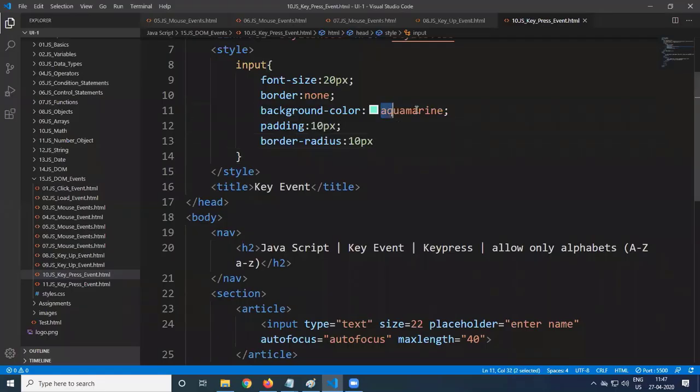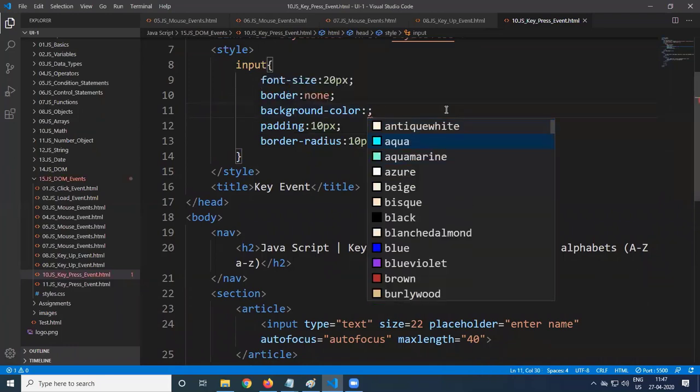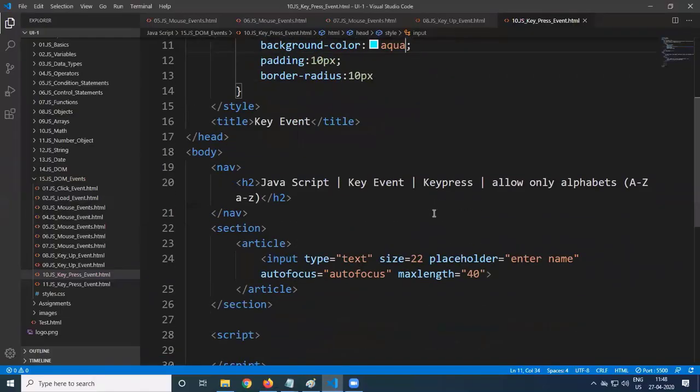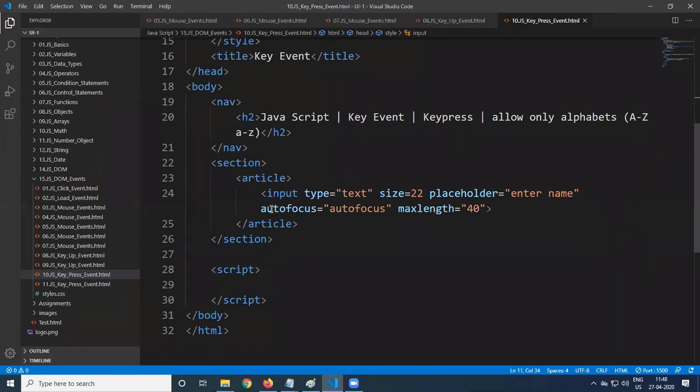Once you provide that field, I'll enter small letter, numbers, underscore, special character, numbers, anything can be entered. It should not be allowed. So what we have to do is identify what character is entered. Every character has got an ASCII value. So we should get which character you entered. For that purpose, I'm going to register this element. Input type is equal to text, placeholder, autofocus, max length.